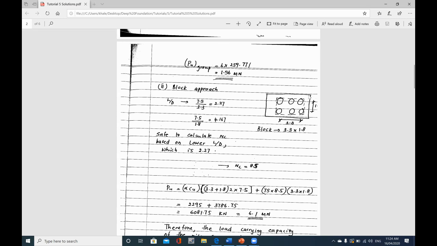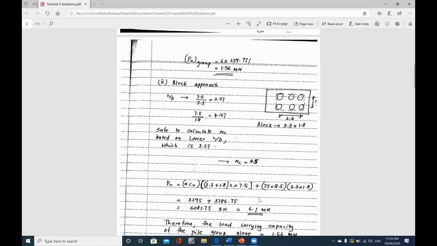This is the perimeter area of the rectangle of the block systems. That's multiplied by the group length, which is 7.5 meter in the Z direction, or the elevation direction. And that's plus the end bearing resistance, which is the CU value, 75, multiplied by 8.5, the NC value, multiplied by the block cross-section area, which is 3.3 multiplied by 1.8, and that will give us 6.20